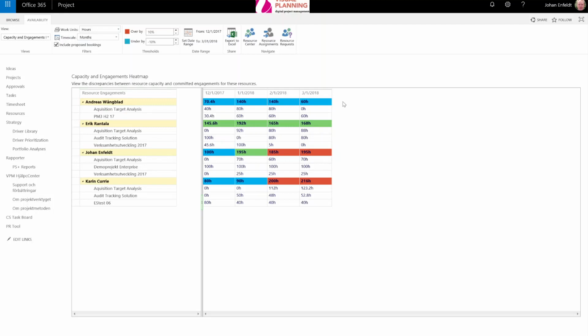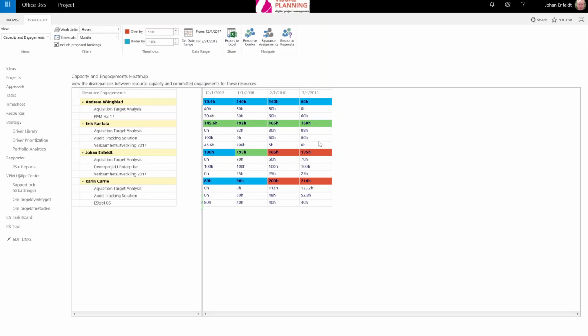So basically, this is something you can do without even having a detailed Microsoft Project plan for the project. You can just enter this, and in many organizations, just doing the exercise of putting in the numbers for the upcoming 6 months for the current portfolio gives a lot of value for the organization to see what it actually looks like, where the bottlenecks are, who we will need to replace, that type of questions. Okay, now